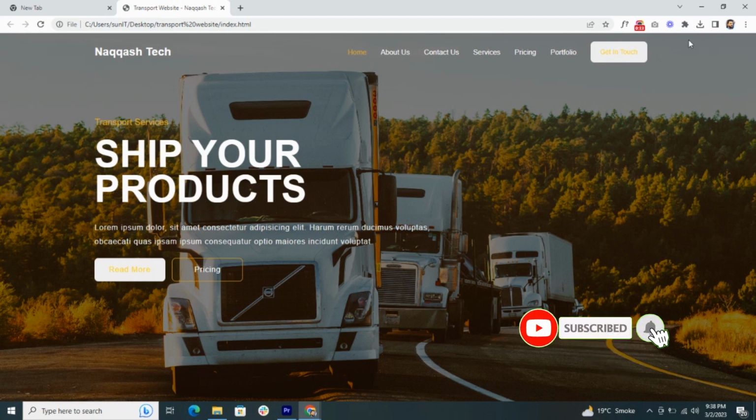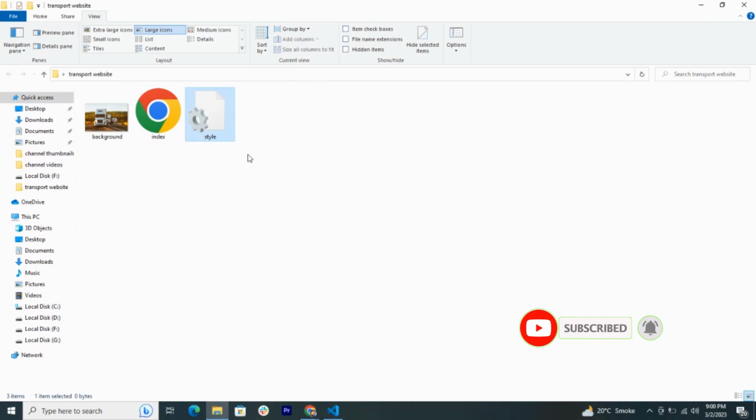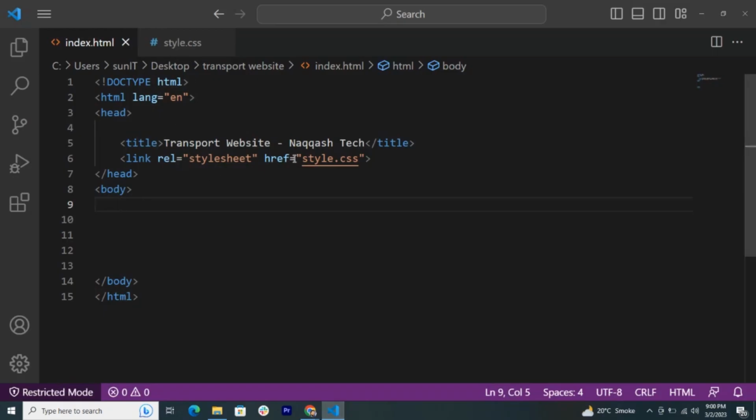Now let's start the video. Here are three files. One is a picture, the background picture. One is HTML and the second one is CSS. Now go to Visual Studio. Here I connect CSS to HTML. In body we create one div